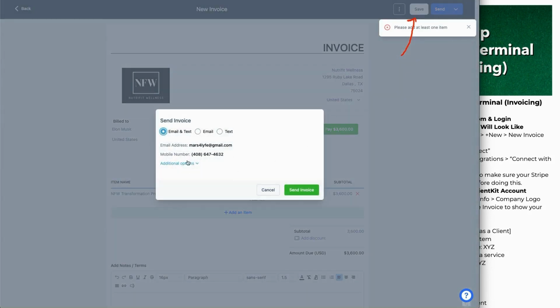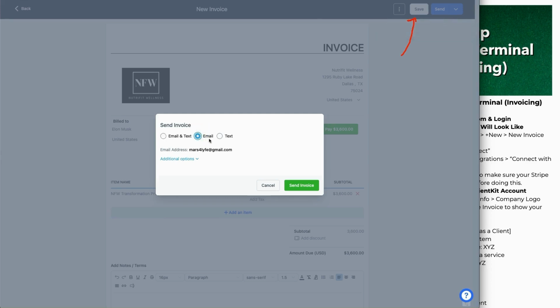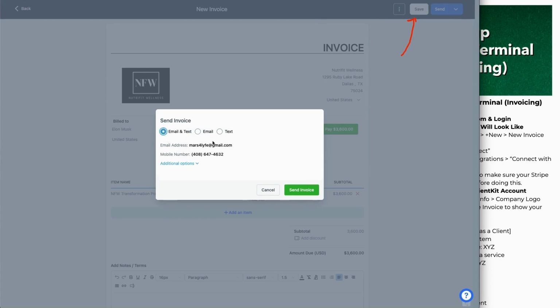So I can go ahead and send it to Elon via email and text. I can send it only via email, only via text, right? It has his numbers already integrated in here. And so again, this is the benefit of having a terminal that hooks up to your CRM, to your business